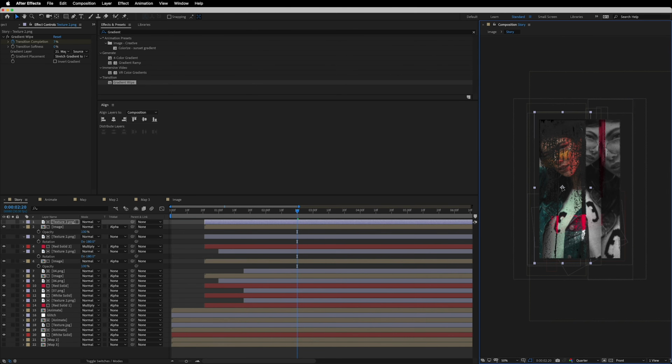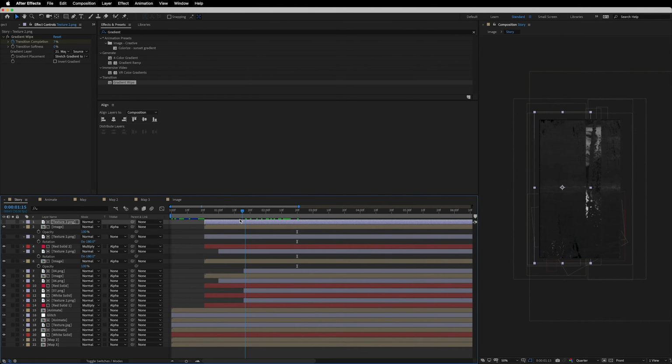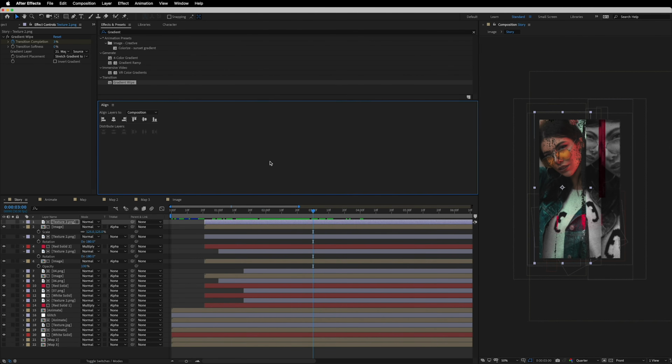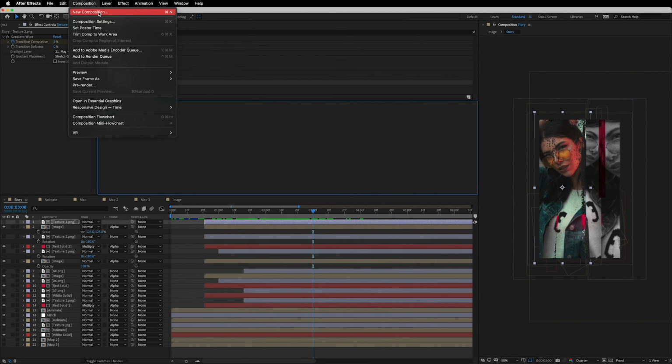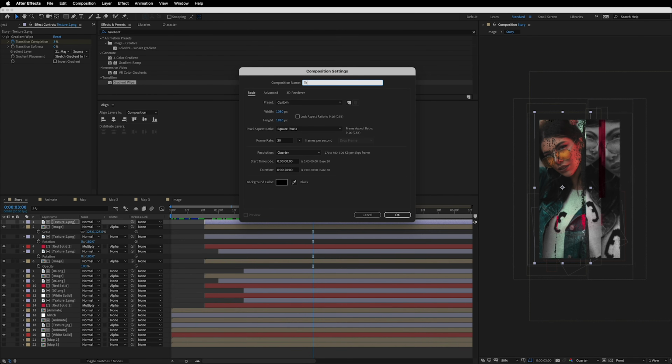All right, and now if we take a look, this is what we have so far, and this is what we really needed. Okay, and now it's time to create a text layer for our animation, and for that we need a new composition. So I'll quickly create a new one, and we're going to call it text, and you can of course call it whatever you want, and it's completely fine if you want to keep this dimension the same, which is 1080 by 1920, but for the sake of this tutorial I'm going to make the reverse, which is 1920 by 1080, and we're not going to touch any other